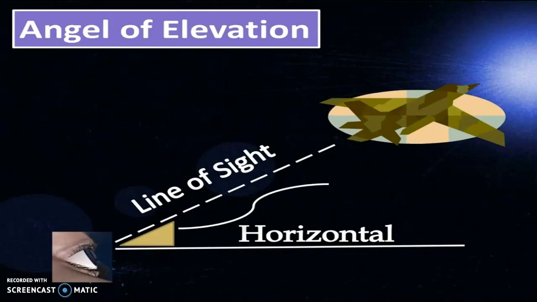You can easily understand by the figure of angle of elevation. Here the angle that is created between the line of sight and the horizontal line, this one angle, is known as the angle of elevation. In simple language, we can say that if any person is looking upward, the angle that is created with the horizontal line is known as the angle of elevation. And in very general language, अगर कोई पर्सन ऊपर की तरफ कुछ देख रहा है तो वहां पे जो एंगल क्रिएट होता है that is known as the angle of elevation.